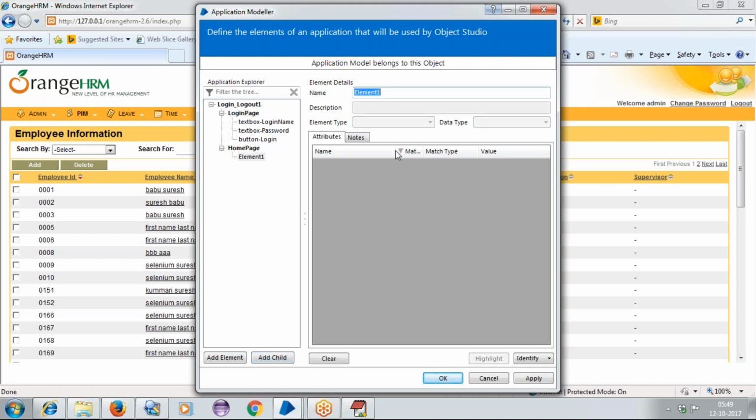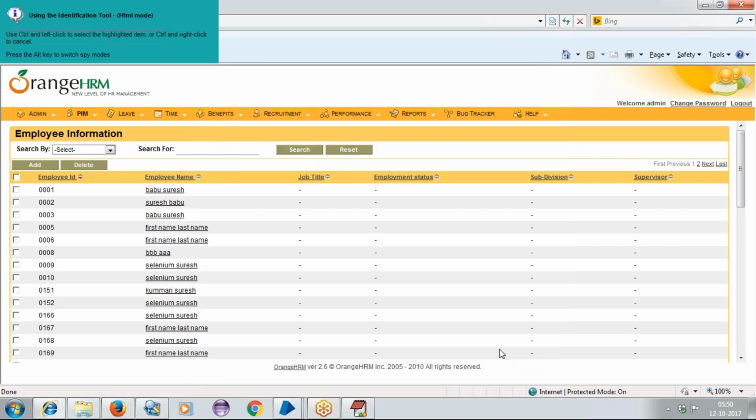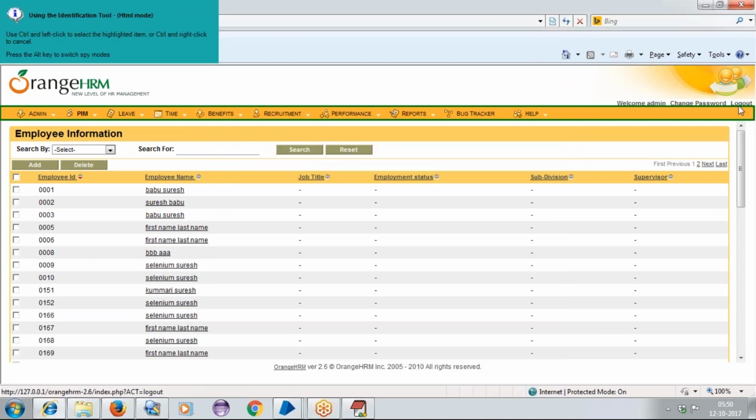Now under the home page, you will be adding the child here. That is a link. Logout is one link here. Now I'll be taking the link under hyphen logout. Okay, now click on identify. We will be identifying this object.